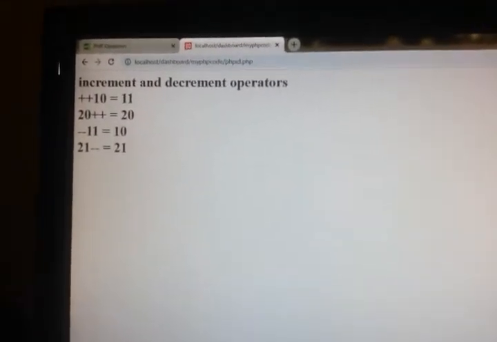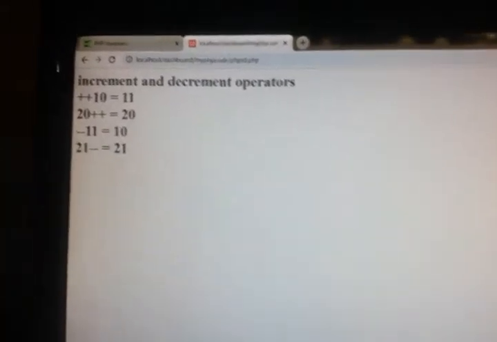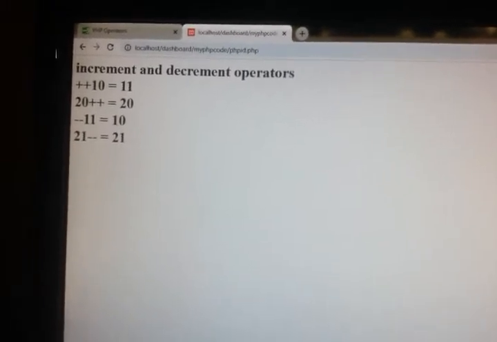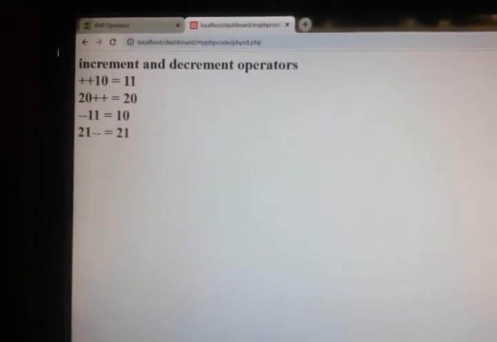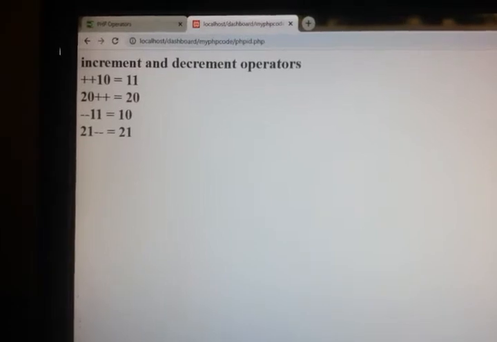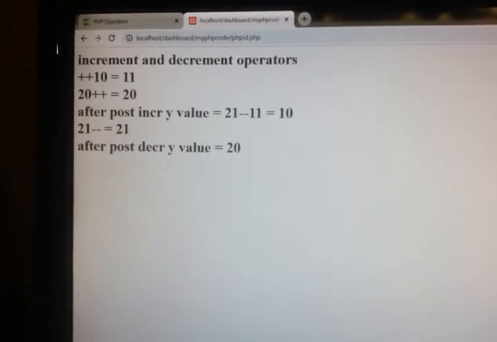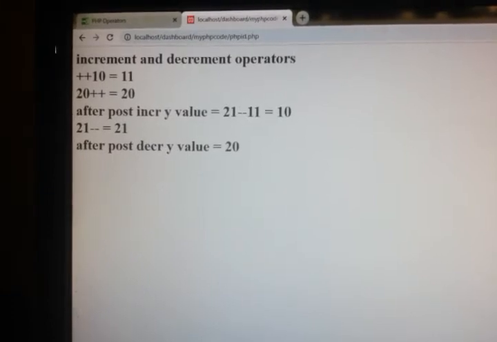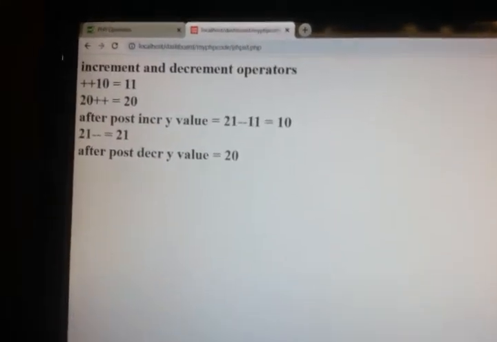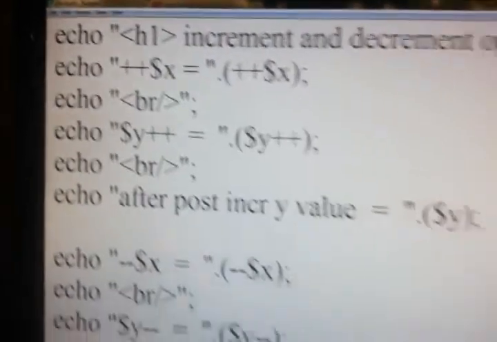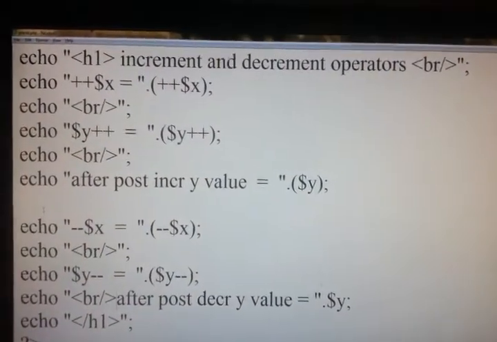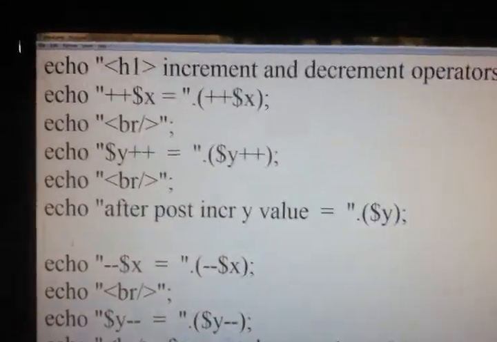This was the previous output without doing any addition to the code. Now I'll just recompile my code. Now you will see the effect. Here we have missed a break command, so that's why we are getting different results.